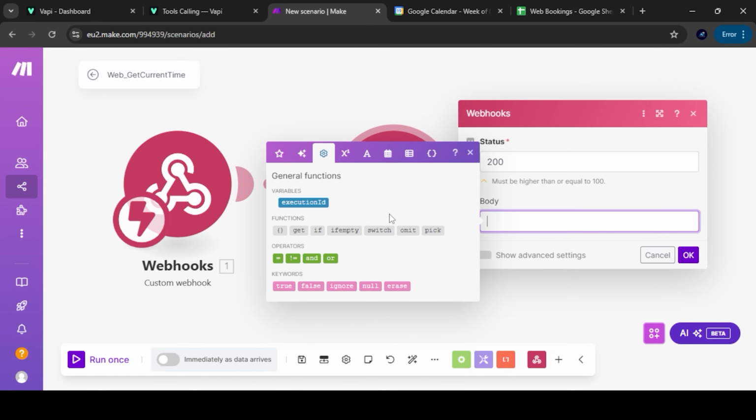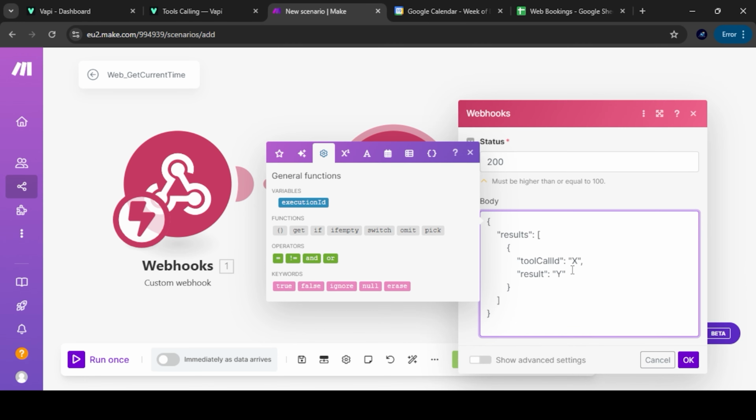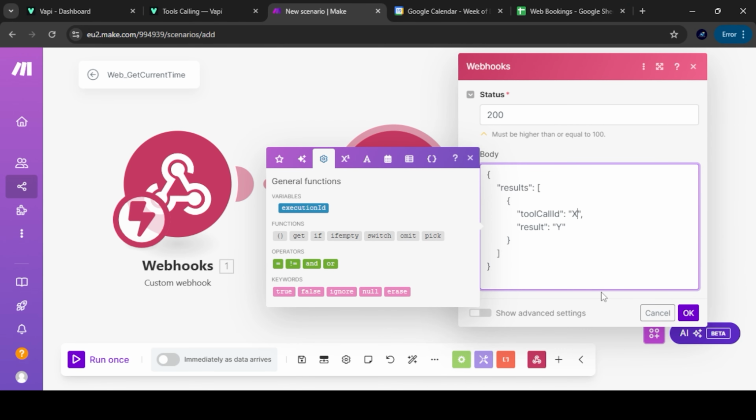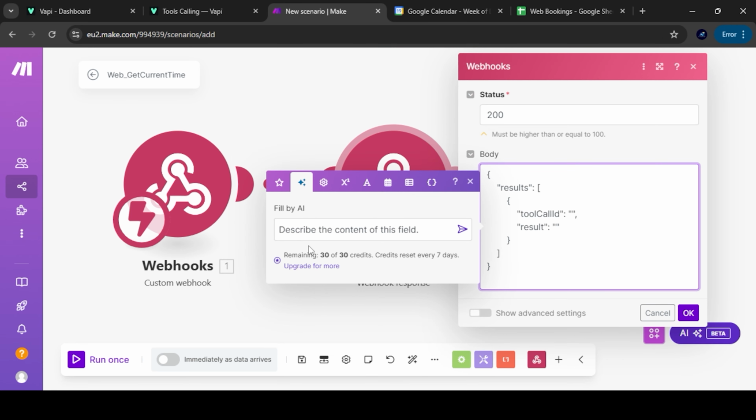That has to be put in the webhook response body. Paste it here. Tool call ID we'll get once we run it. Let's leave it blank for now. Here what we'll do is format date, basically add the current date and time, and that we can get from the AI here.